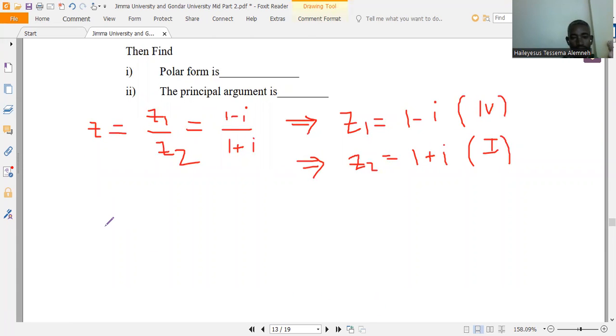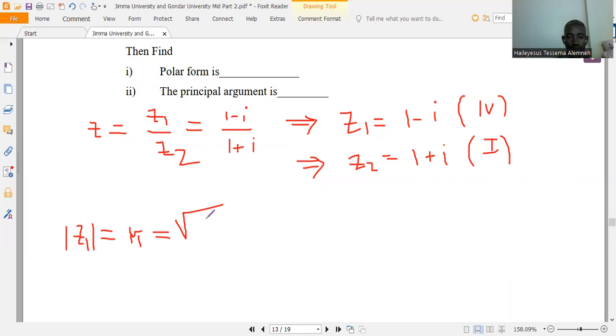እሺ ፖላር ፎርም ለማግኘት ምን ያስፈልገናል? ሞዱለሱ r እና ፕሪንሲፓል አርጊመንት ያስፈልገናል። የእያንዳንዳቸው ፕሪንሲፓል አርጊመንታቸው ያስፈልጋል። ሶ የመጀመሪያውን እንይ። z1, the modulus of z1 is equal to r1 ማለት ነው, which is equal to the square